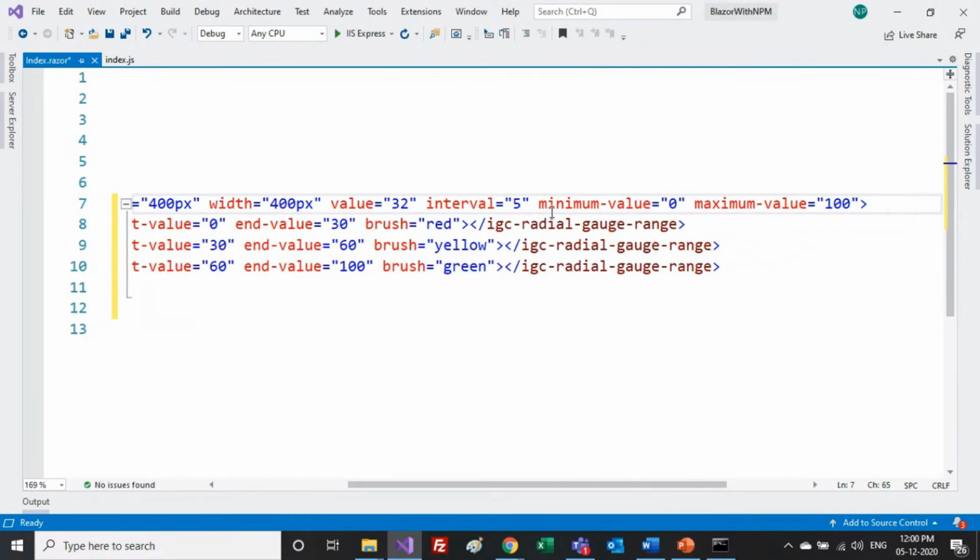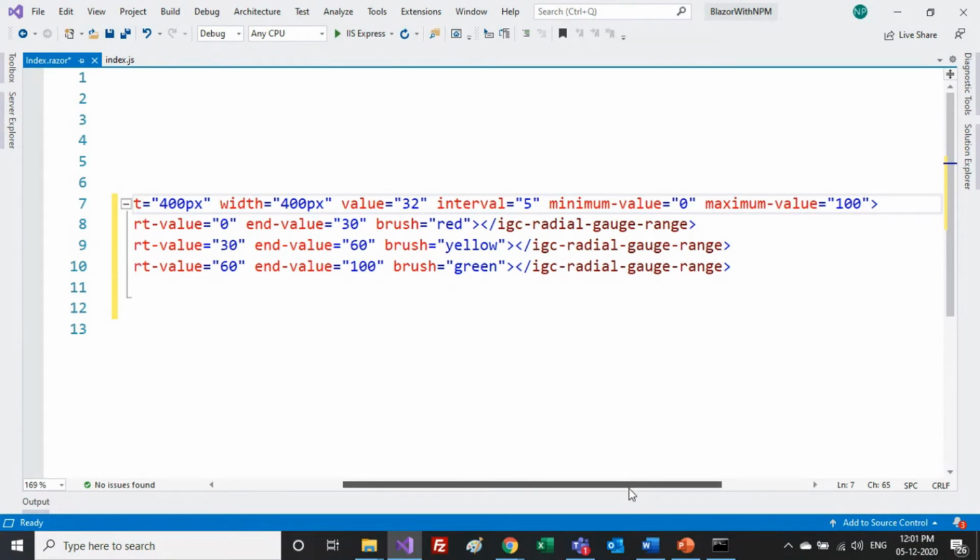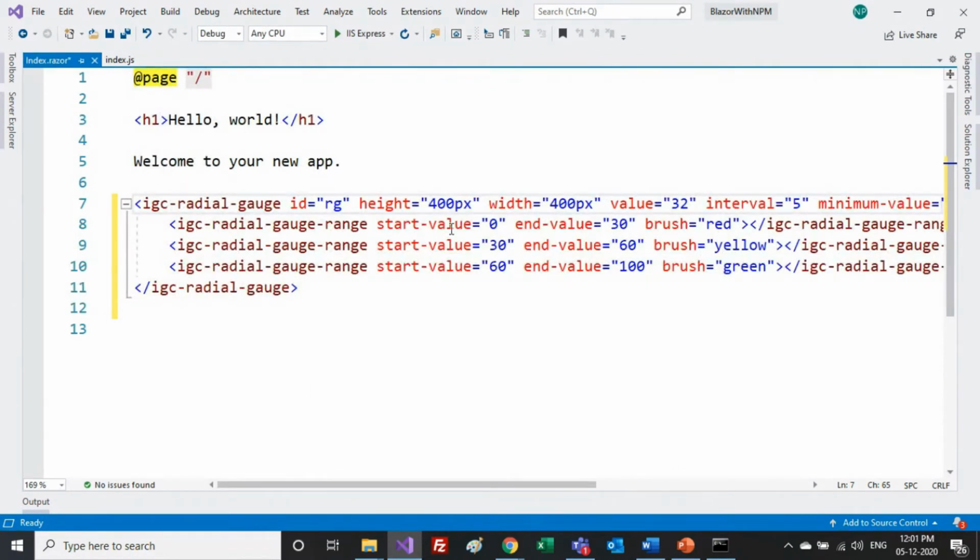So here is a meter value. What values do you want to print at this particular queue? I just put 0 as a minimum value and 100 as a maximum value. Then there is a color range. What will be the color range? I provided three colors over here, as you can see: red, yellow, and green. For them, I set their starting point and ending point. These starting and ending points come within the minimum and maximum range. So from 0 to 30 it should be red, 30 to 60 it should be yellow.